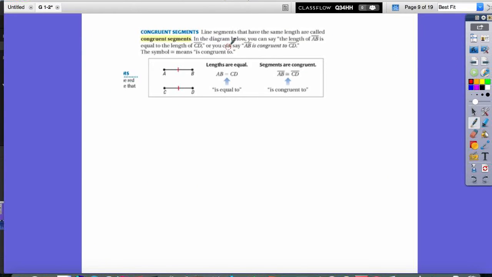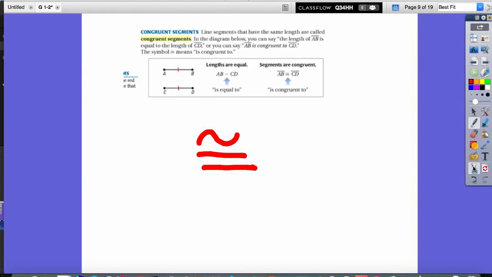Now I'm going to talk about congruent segments. Line segments that have the same length are called congruent segments. In the diagram below, you can say the length of line segment AB is equal to the length of segment CD, or you can say AB is congruent to CD. This symbol, and it's hard to see, is the equal sign with a Spanish tilde above the top,